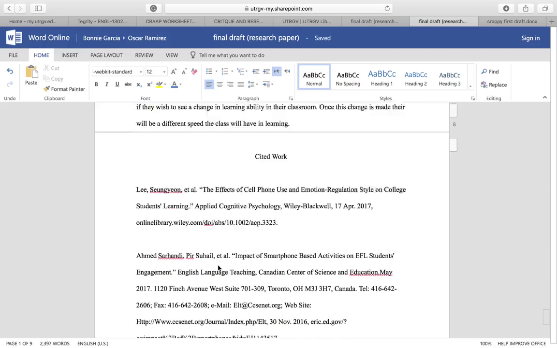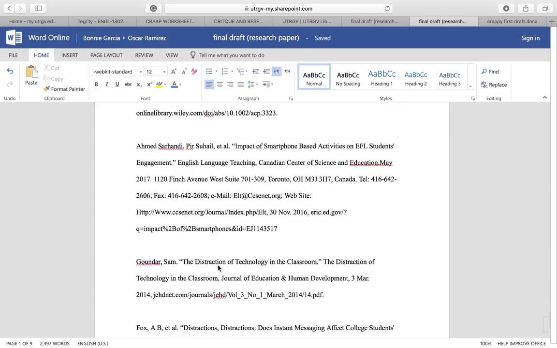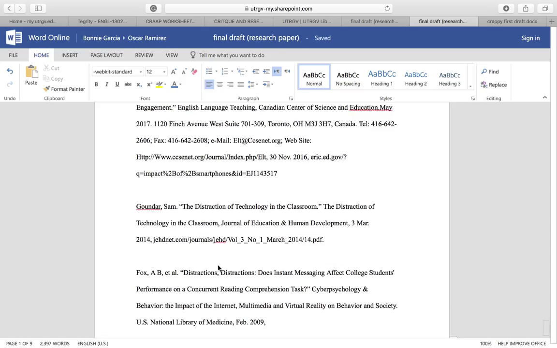And then another thing I learned about secondary sources is citing them. How to cite them, really. I didn't know you need a separate page for them, and I didn't know that it was in this format, but this is how you cite your secondary sources, and I found that to be very interesting. I didn't really know how to cite, and in this class we were taught how to cite in MLA format.